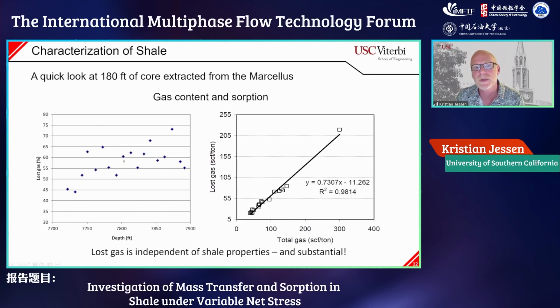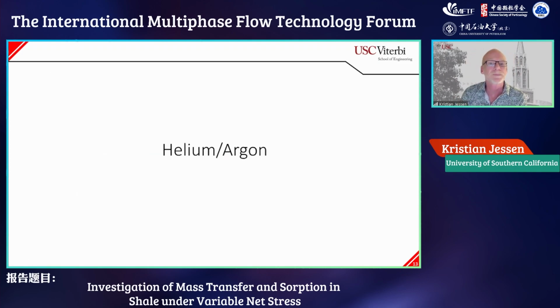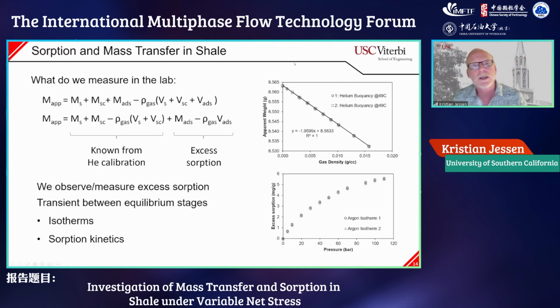So we have to be a little careful with how we estimate the lost gas by extrapolating back from desorption behavior that we observe when we take samples to the surface. Now, let's take a look at helium and argon behavior. So if I want to go to the lab and measure adsorption, you can use volumetric methods or gravimetric methods. We primarily work with gravimetric methods and use a magnetic suspension balance to study adsorption behaviors of porous